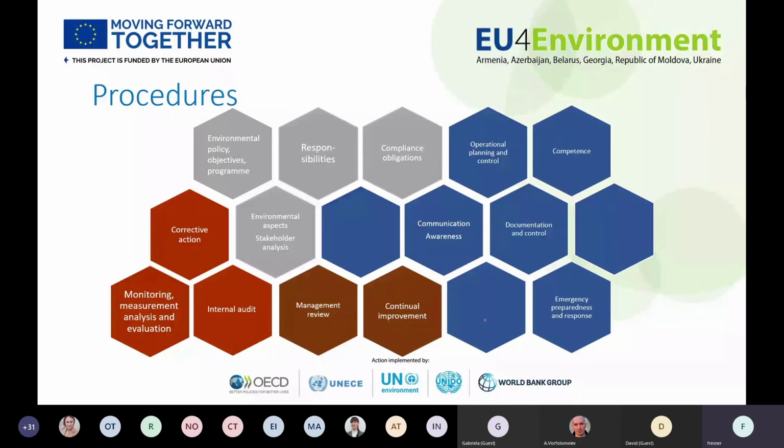The elements for checking are monitoring and measurement. We need to measure our relevant environmental aspects. We need to have corrective actions in case our indicators show that we are deviating from our goals, and we need to have a procedure for internal audits, for checking our management system regularly, for example, on an annual basis. And the final